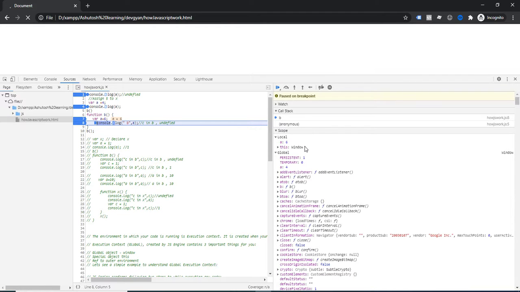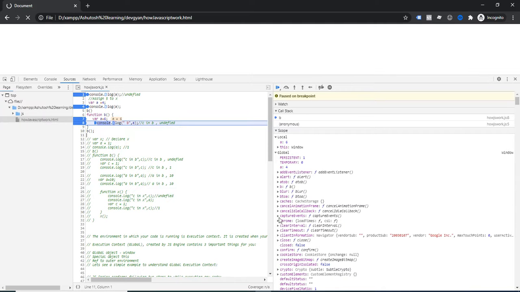It means that all local environments or local memory can access their parent anytime. If they want, they can access their parent. In JavaScript, the parent cannot access the children, but children can access the parent.